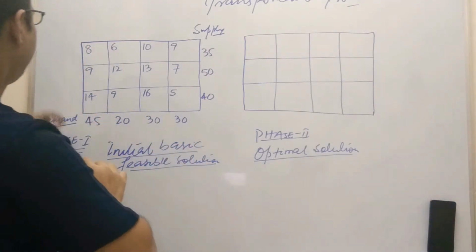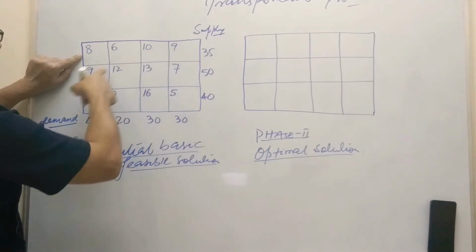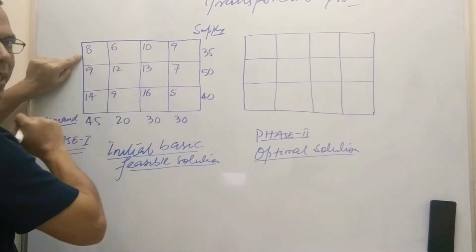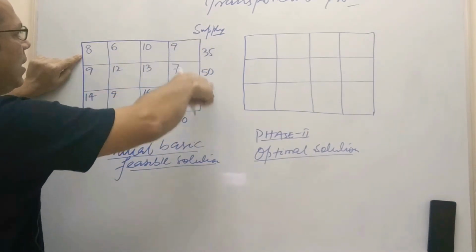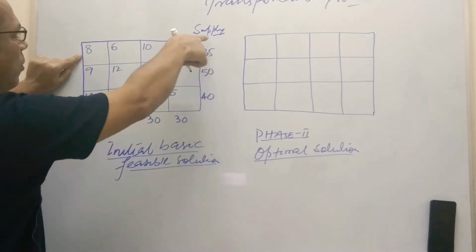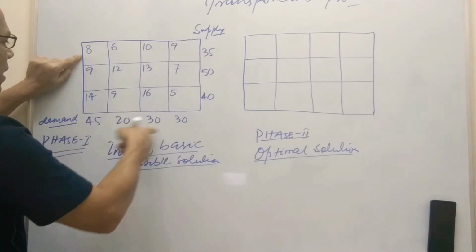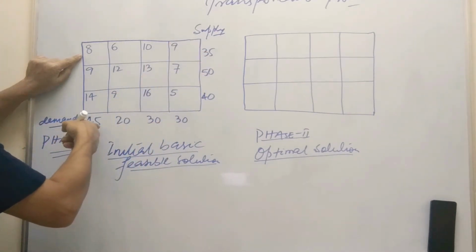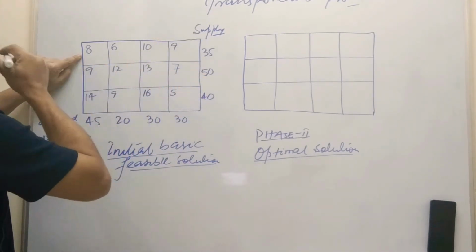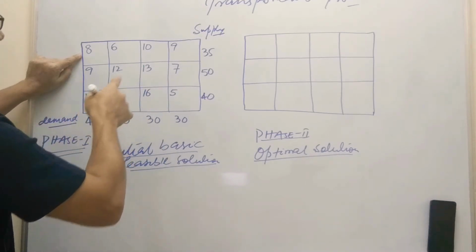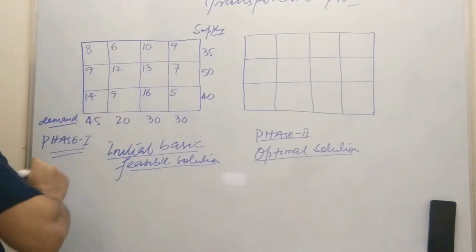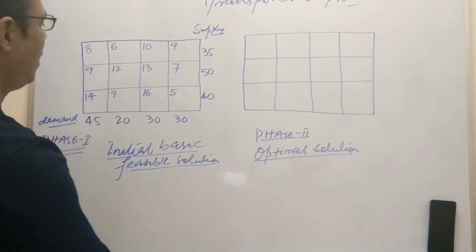To minimize the cost of transportation, these 8, 6, 10, 9, whatever I have given inside the box, are the per unit costs of transportation. That is the transportation cost. These are the quantities that are going to be transported from the supply points, and these are the quantities required at the demand points. So how to manage it, in the sense of minimizing the cost of transportation. These are the costs I have given inside the box, and these are the quantities. Now we are going to apply the ideas to solve the problem.